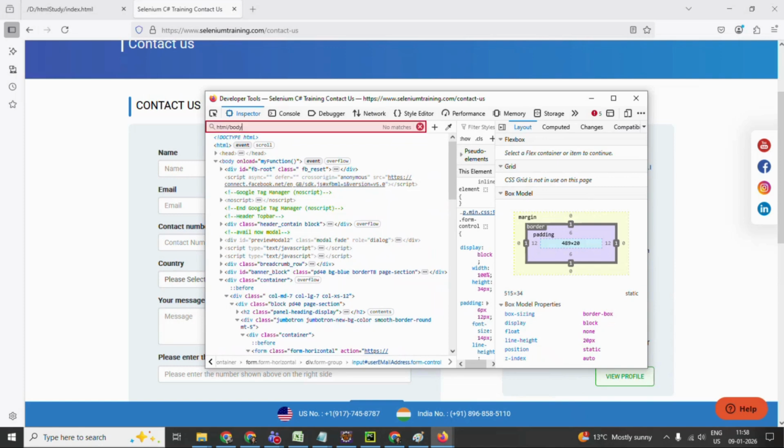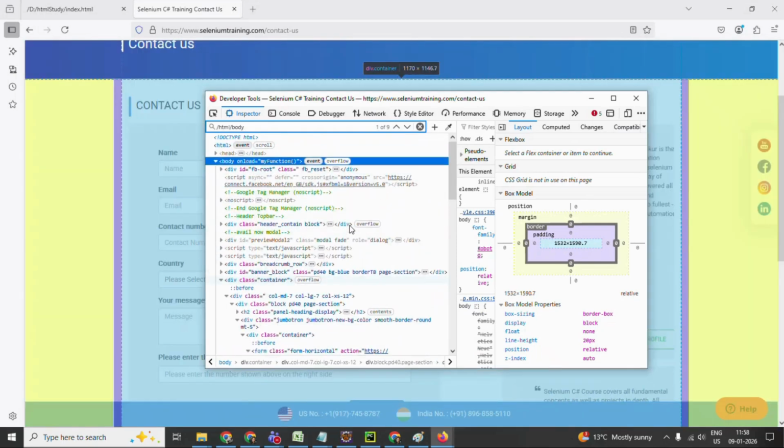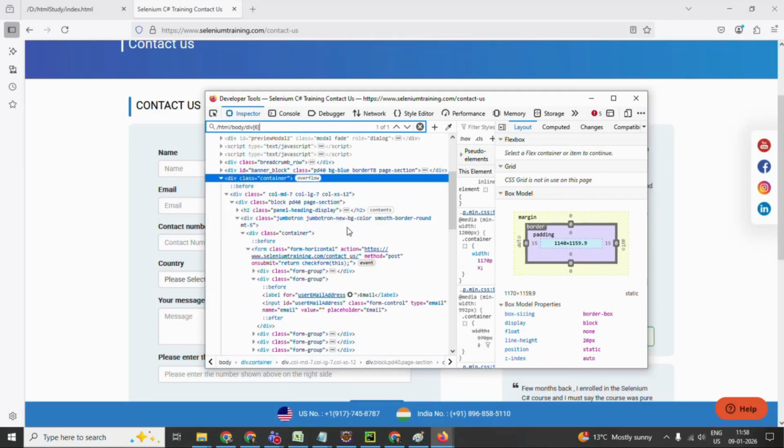Can you press? Why is it saying it didn't find? Okay, backslash HTML. Now 1, 2, 3. 1, 2, 3, 4, 5, 6. Backslash div, say 6. Okay. So now,